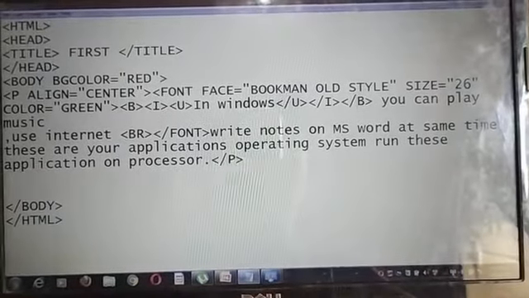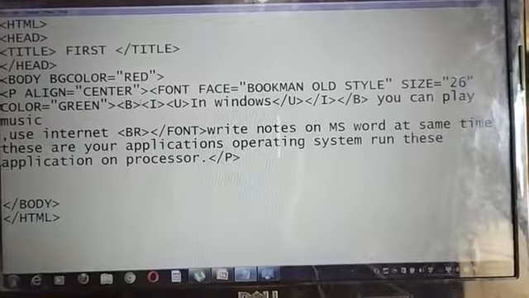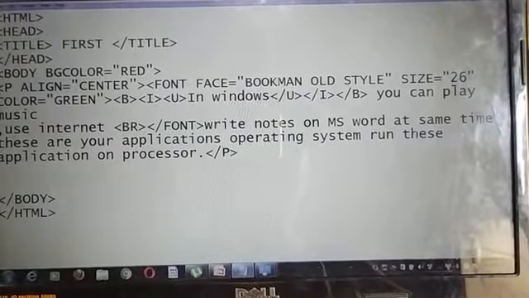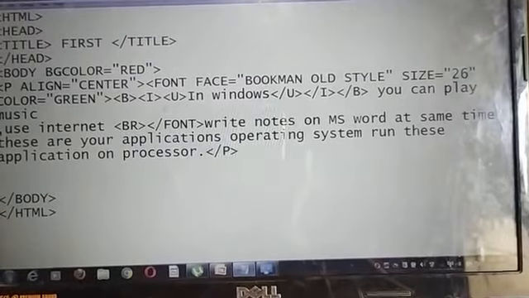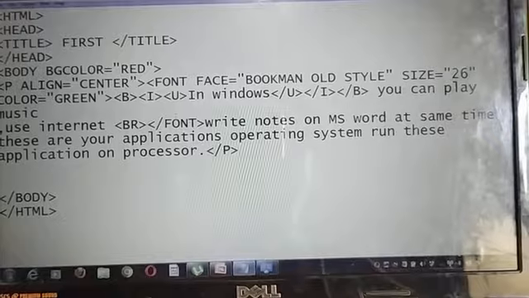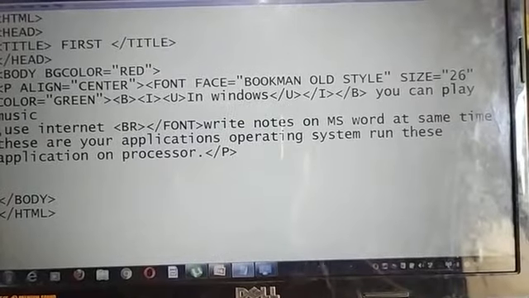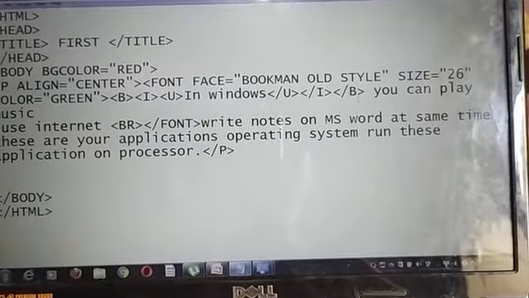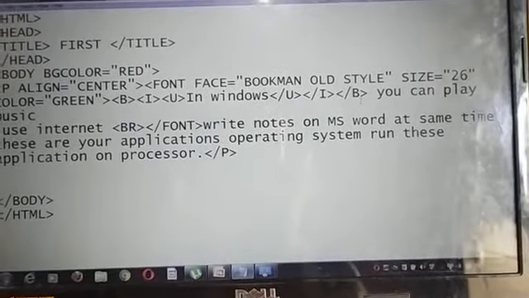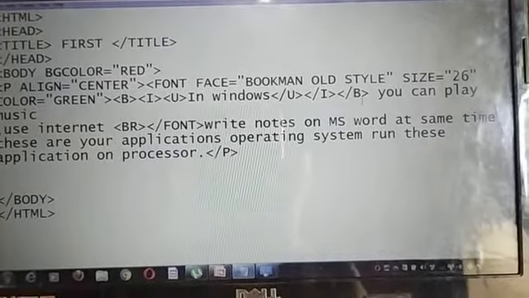So remember the ordering. Here the last tag is U, that is underline, so we will end U first. Then I, so we'll put /I, and at the last, first we have started bold, so at the last we will end the bold. It is a first in, last out format.